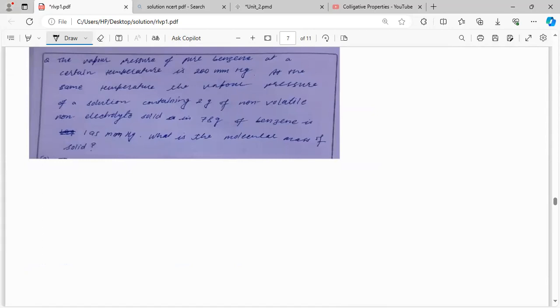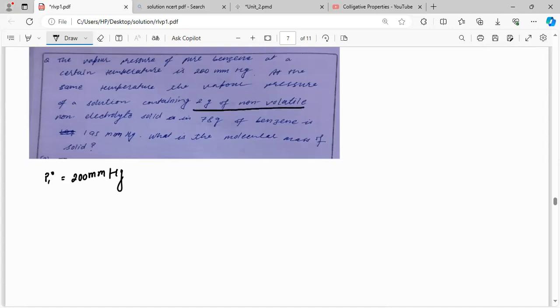Yeah, you can try this one. Read the question clearly. The vapor pressure of pure benzene at a certain temperature is 200 mmHg. At the same temperature, the vapor pressure of a solution